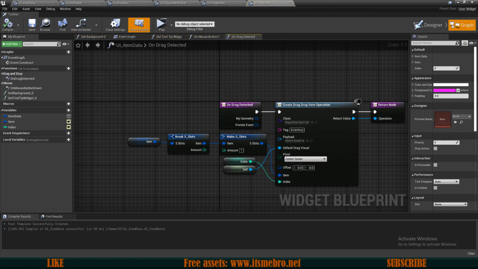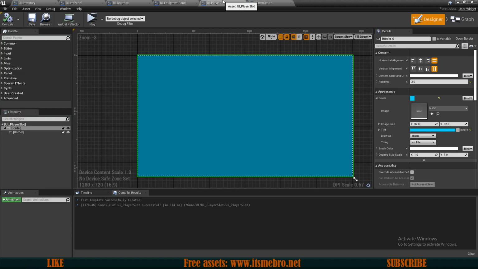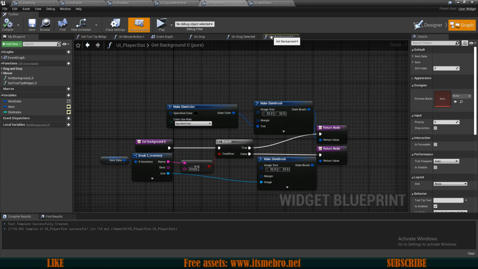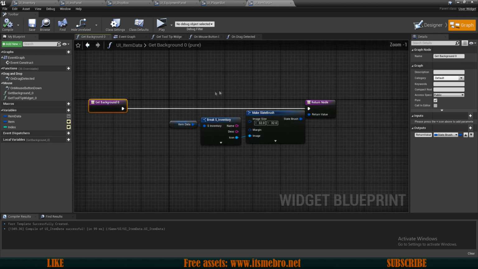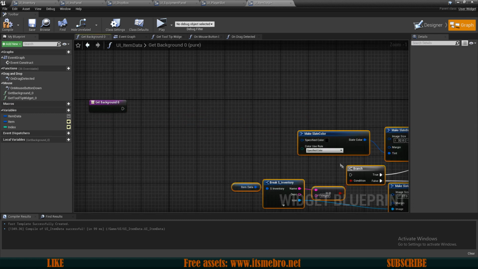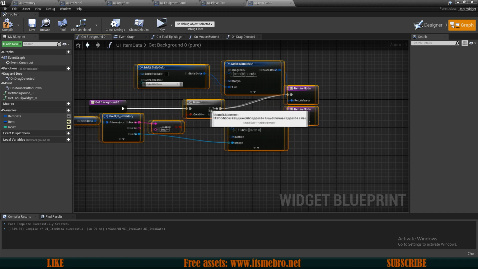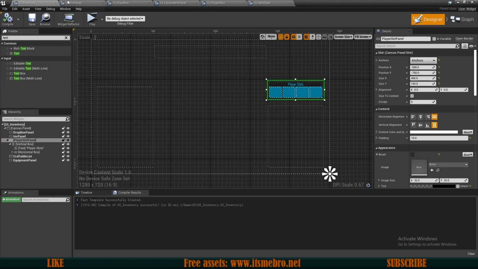What matters is that in the graph on our brush binding, we do the same thing that we did in our player slots. So let me real quick simply copy all of this over here, delete this, paste this in, and basically it's the same thing we had in the previous one. So now if we would go back to our inventory panel,